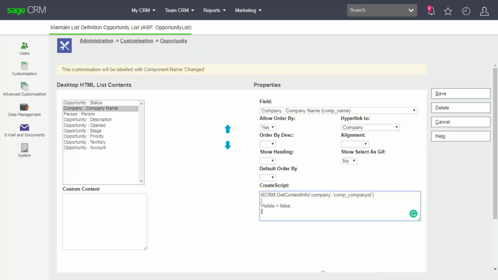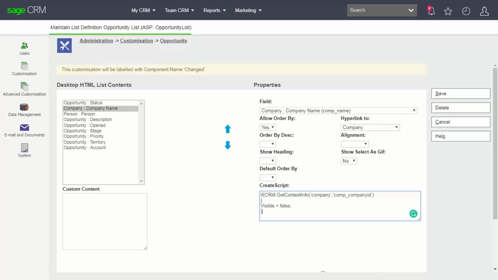So we have a method there called the CRM get context info. Again, all this information is documented in help.sagecrm.com. The whole object model of the product is available, and you can understand how that works. And if you know your ASP code, it's very straightforward. The developer guide in particular up on the community provides that API guide and advanced ways of doing things that